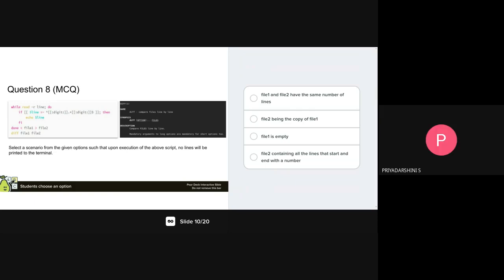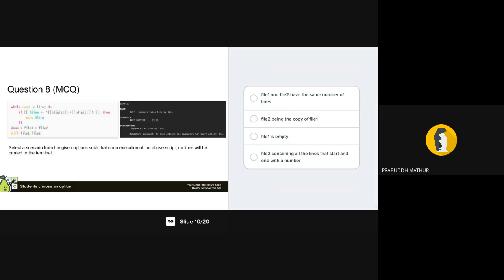It is reading the file 1, and it will collect all the lines that are starting and ending with a digit and move them to the file 2. Okay. Then in which scenario, upon execution of the script, will no lines be printed onto the terminal?